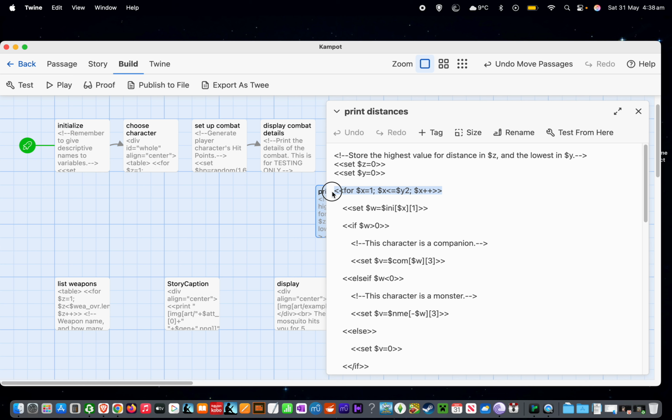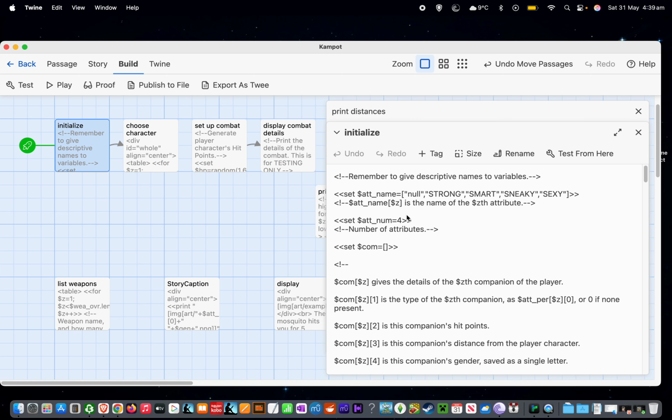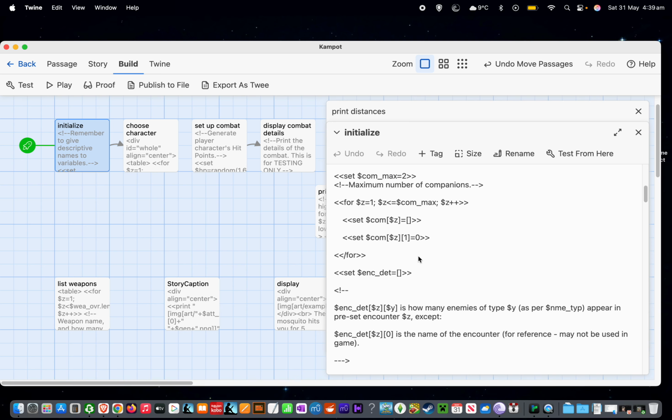Then we have a loop that goes from 1 to Y2. If you've been following this series, you might remember that Y2 is the total number of combatants: the player character, the companions, if any, and the enemy or enemies. We look in the INI array. This is an array that we've already talked about, but I'm going to refresh your memory. INI stands for initiative, and we're looking in INI